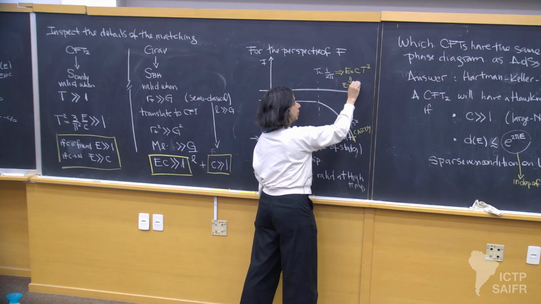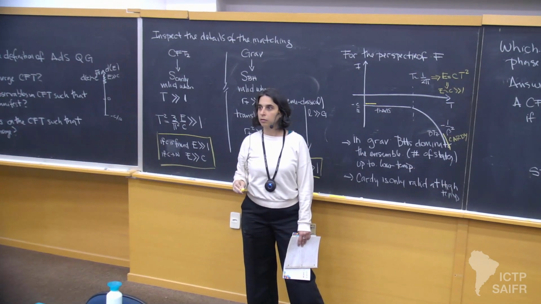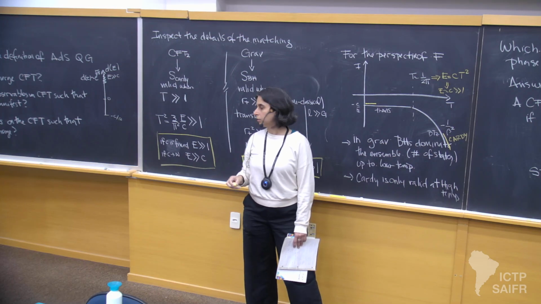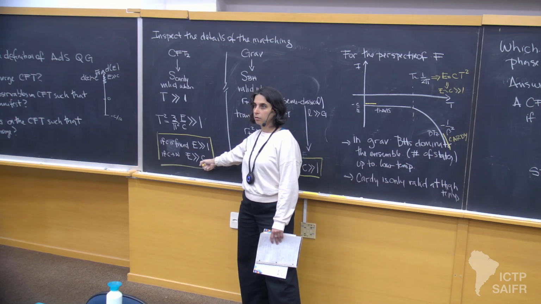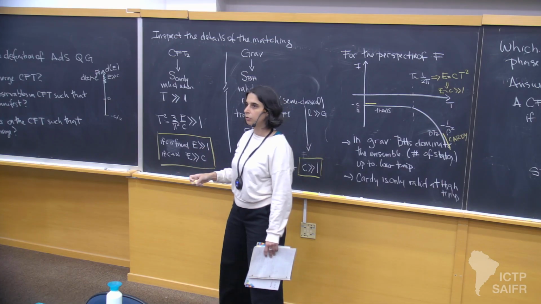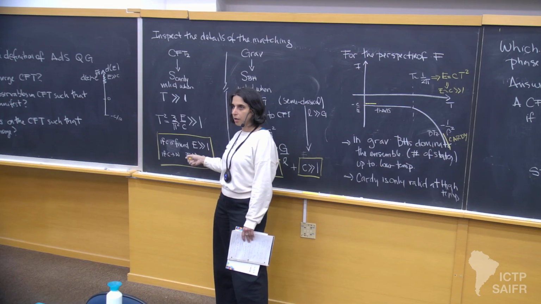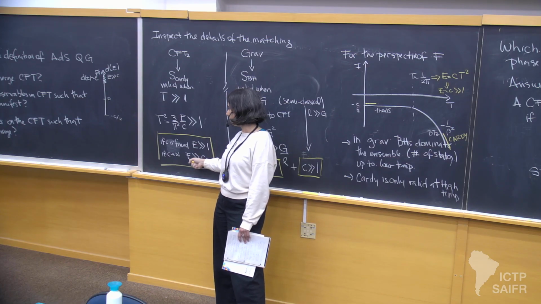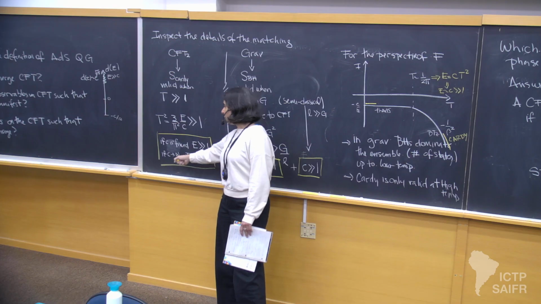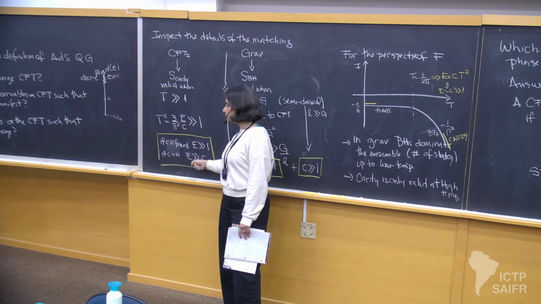No, no, I agree. I was just pointing out that you said that E bigger than C is not the same as E being of order C. Well, okay, again, it will depend a little bit on which ensemble you make the conclusions. Okay, my biggest problem is that the Cardy formula in the CFT, if you take C to be very large, is only valid when the energy is much bigger than C.